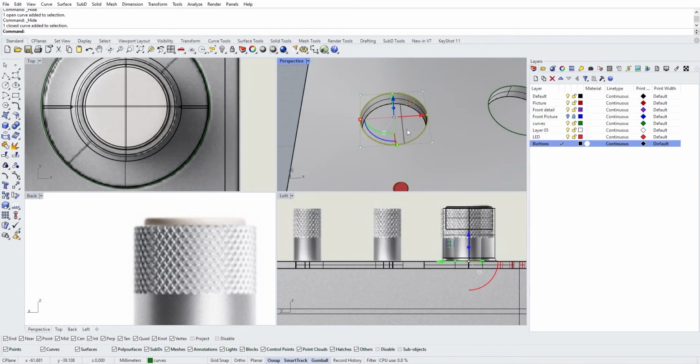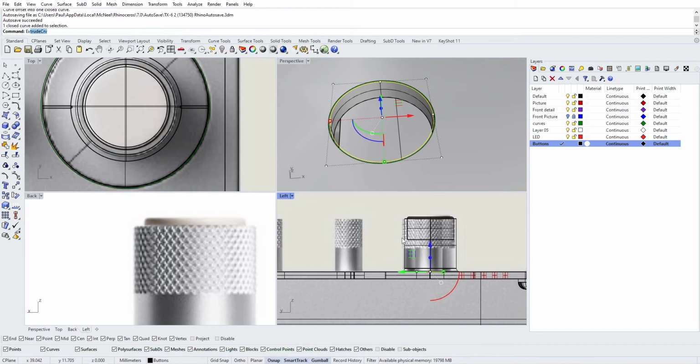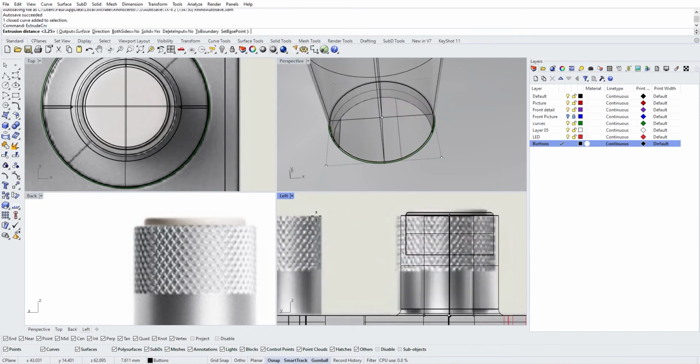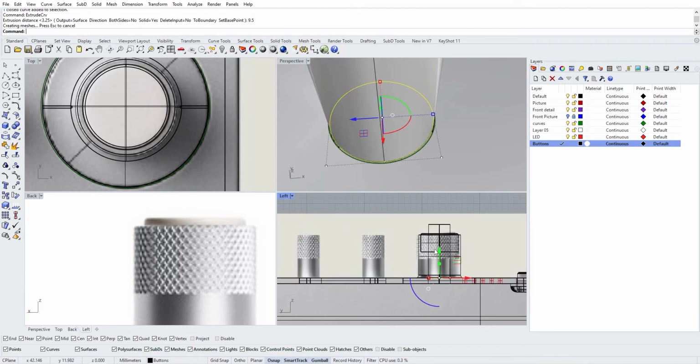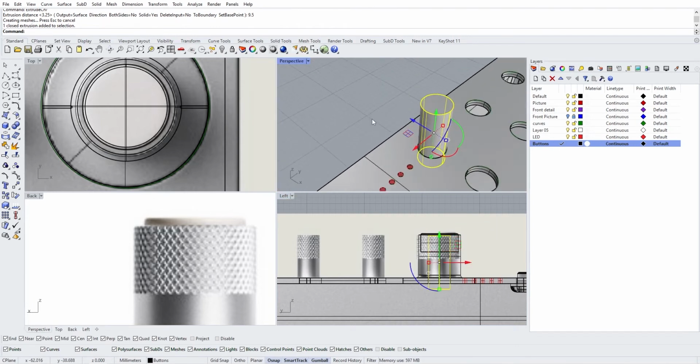So this one, for example, offset 0.05 here, and then we want to extrude it of this distance, which seems to be 7.5, and we want 2 additional millimeters, so it's going to be 9.5, so 9.5 here, and then you move it down -2, like this,